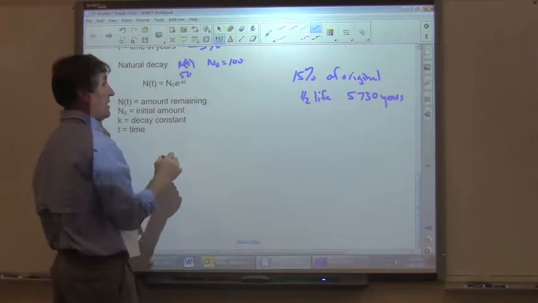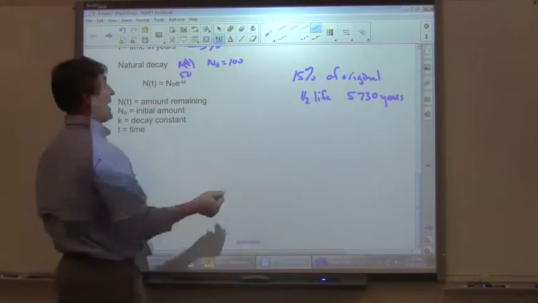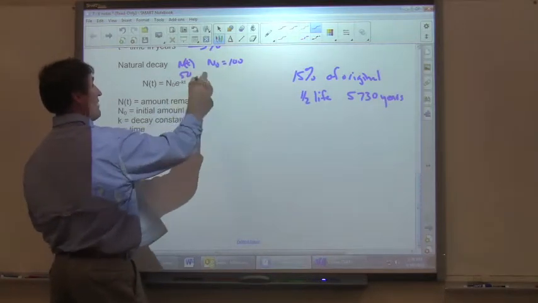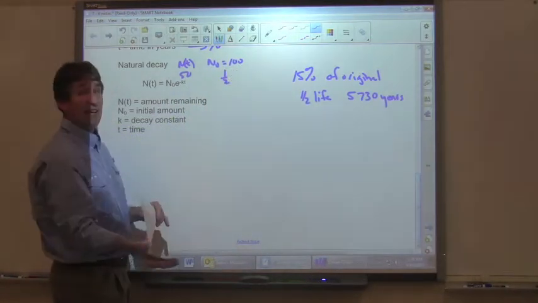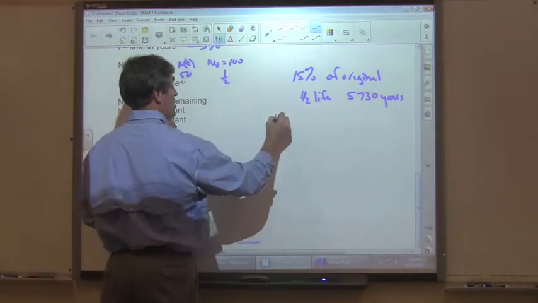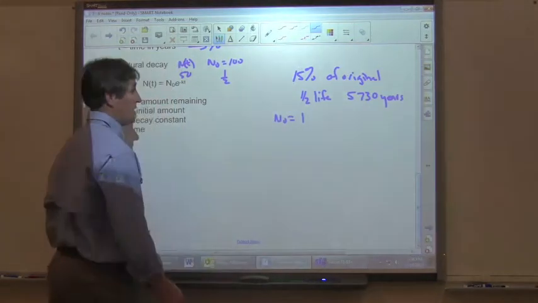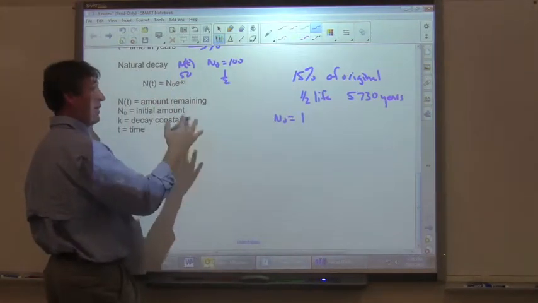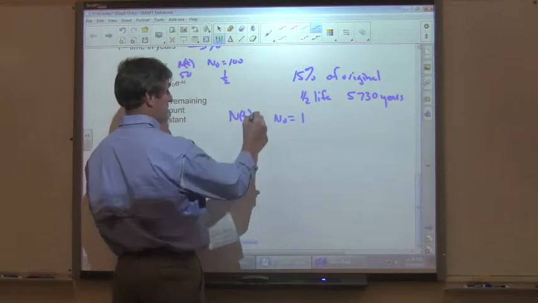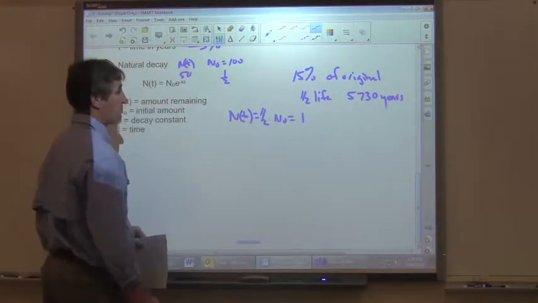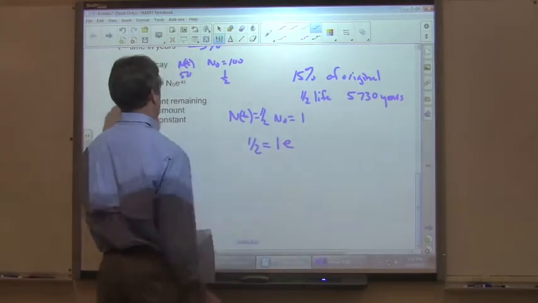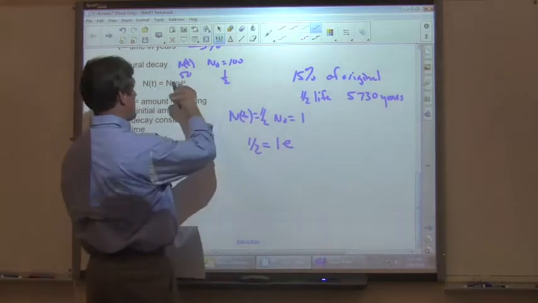But since we might as well make it as small as we can, let's start with our N0 being 1, because when I put these into the formula and I divide 50 by 100, I'm going to get a half anyway. So our initial amount is going to be 1. And so we know the half-life, when half of that takes place, our N(t) is 1/2. So if we plug it in the formula, 1/2 equals 1 times e to the